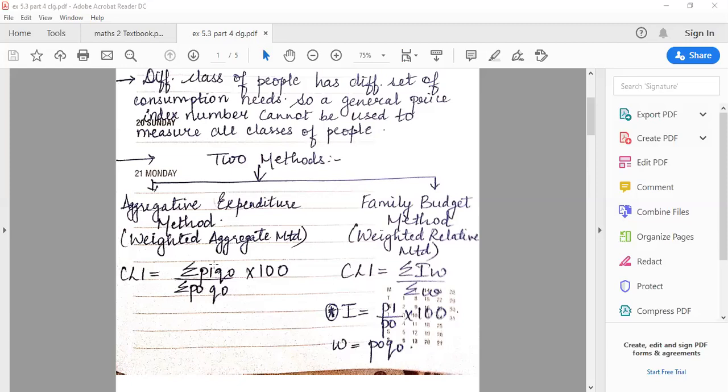Now, up till now, we used to write P01, index numbers, correct? But from this exercise onwards, you will write CLI on the left hand side. CLI stands for cost of living index. The formula says summation P1 upon summation P0 into 100. Remember, did I explain this formula somewhere else also? Correct. It was in the previous exercise. Laspeyres' formula, you remember? Q0, Q0. So it is the same formula, only the name is changed over here. So here basically we'll be calculating Laspeyres' price index number in the form of cost of living index.